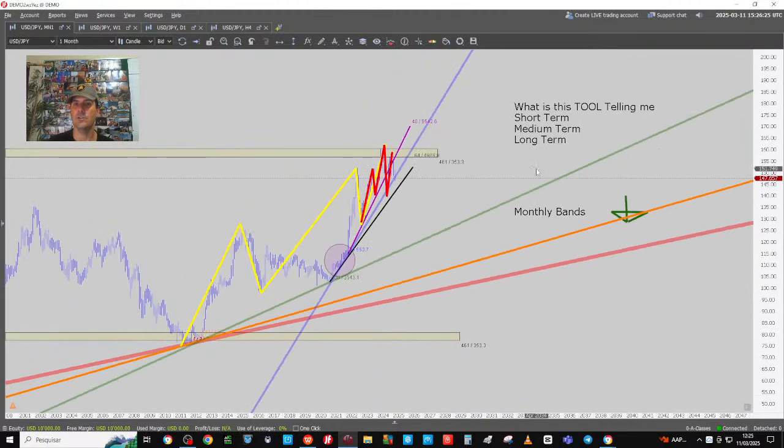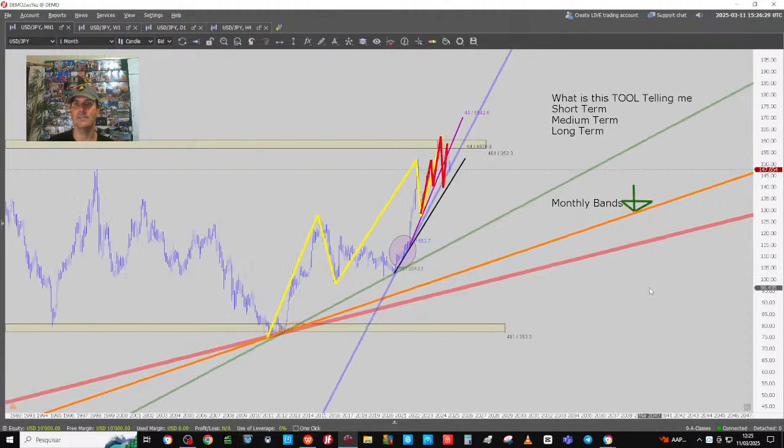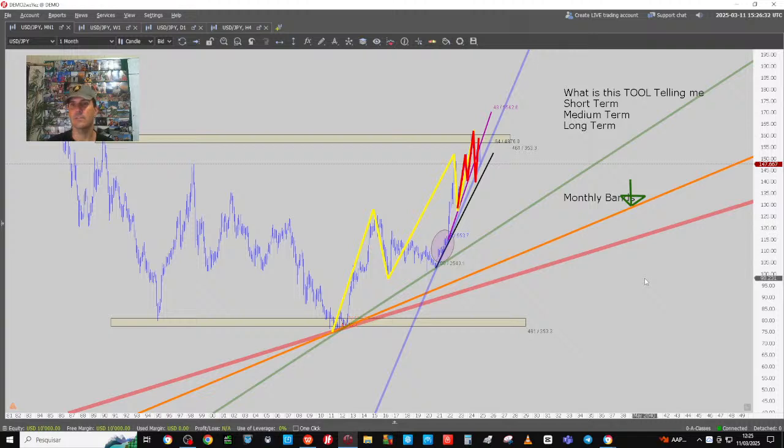Can you read the chart, everybody, with the tools that you've been given? Analyst, can you read the chart? You have different indicators, tools. Some of them are showing you the long-term view, some of them are showing you the short-term view. So you can better understand that the higher time frame controls price action movement on the smaller time frame. So what is the market doing short term on the monthly and what is the market doing long term on the monthly?